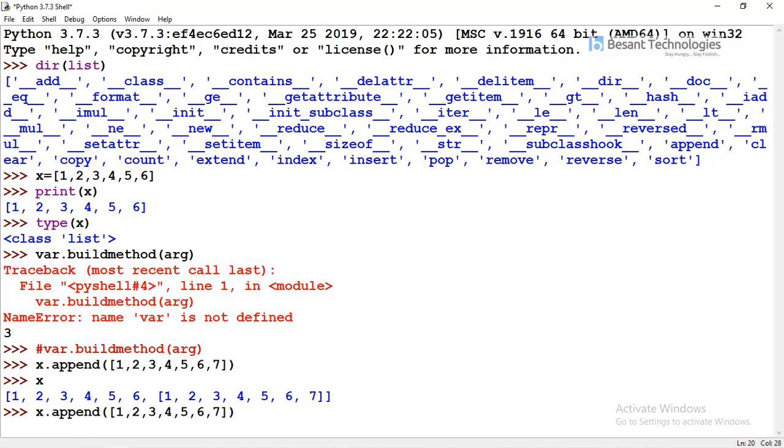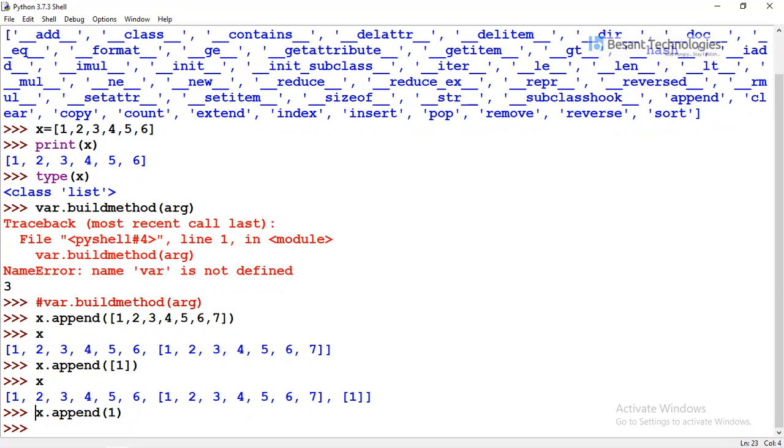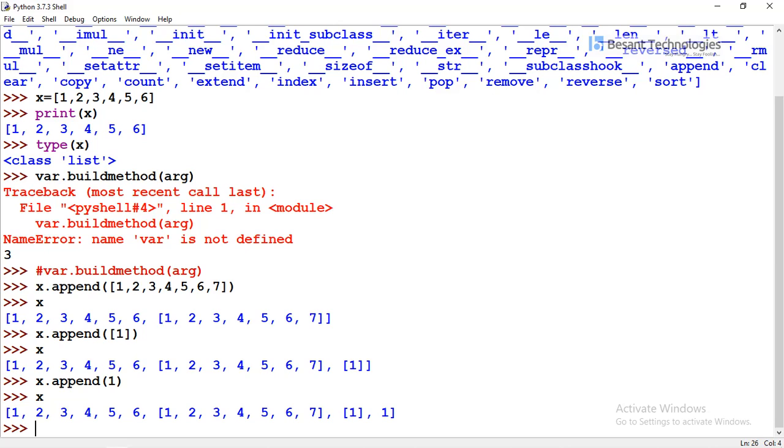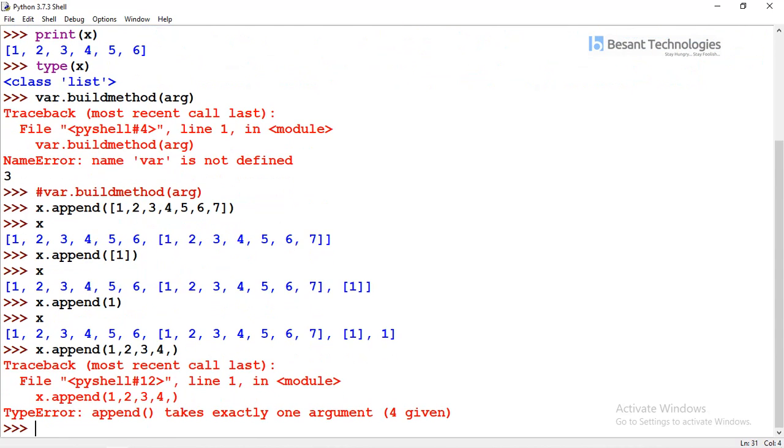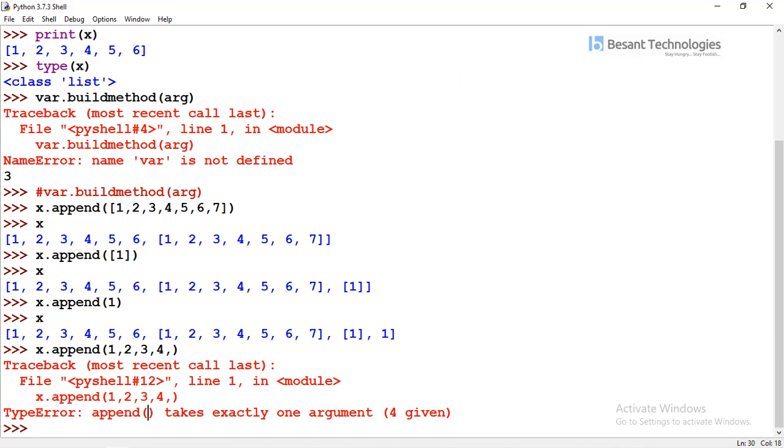Now I will create one more, with only one element. Let's check the output. It gives the particular element as another index. Now I am giving it without the square brackets, so it simply adds the element at the end. If you give multiple values like this, it won't accept. See, we got the error: it takes exactly one argument but 4 were given. So append can take only one argument.